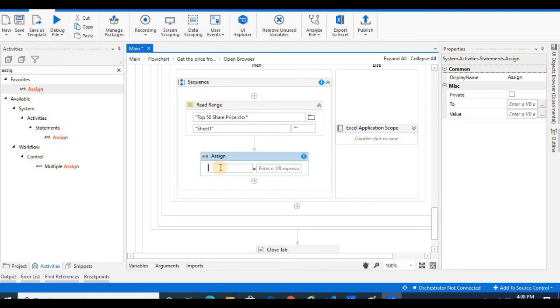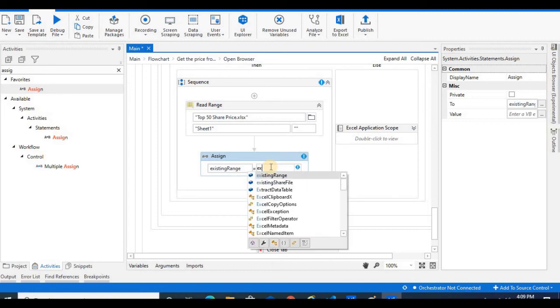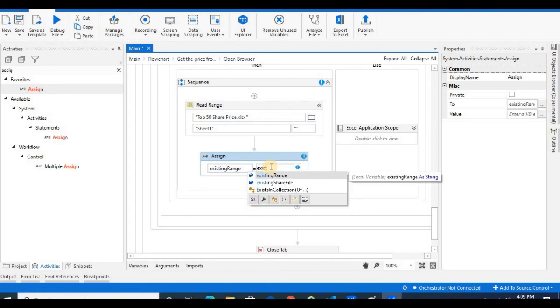Here I will create one more variable called existing range. We are just taking the existing range if my file is available. We have one data table, existing share file, this is my data table, and I will use